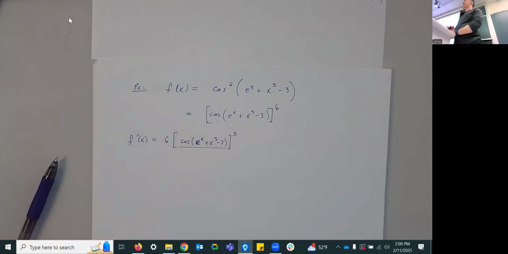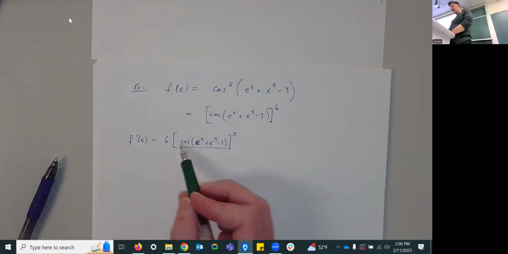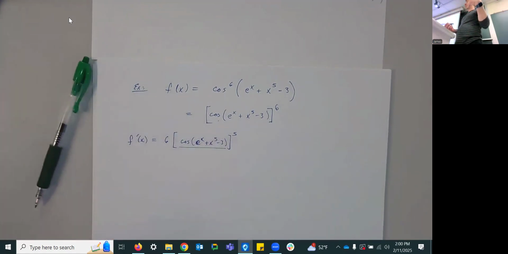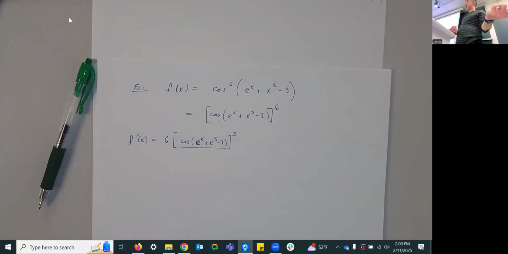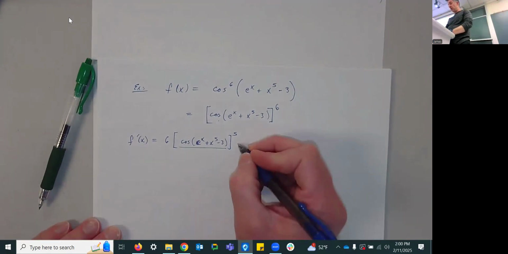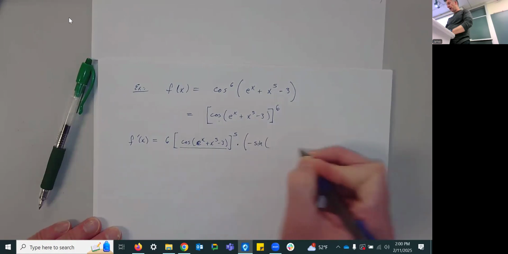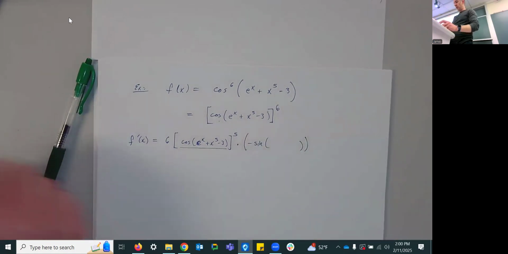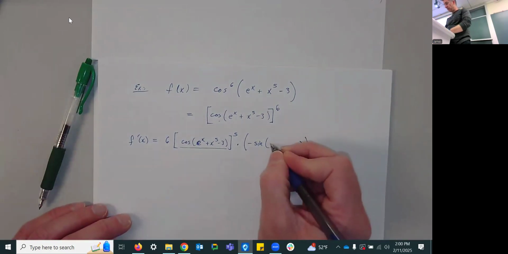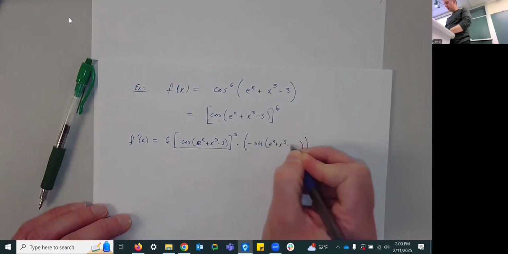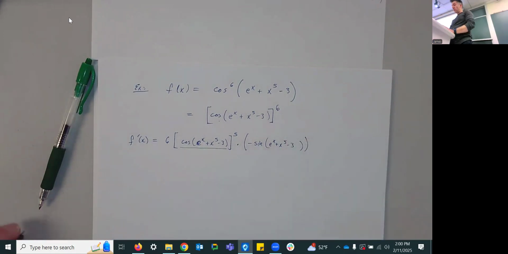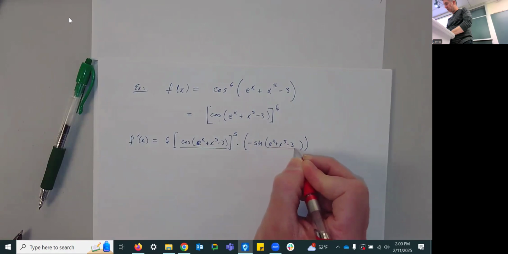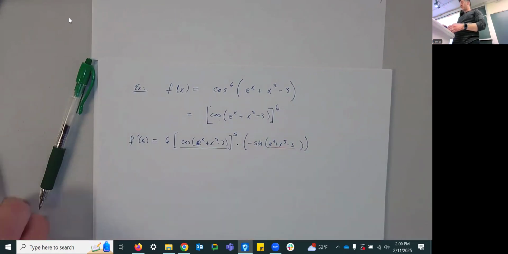The inside stuff is more complicated than just something we can directly differentiate. The derivative of cosine of some new stuff is going to require the chain rule again. I know the derivative of cosine of x is negative sine of x. So the derivative of cosine of some stuff is going to be negative sine of that stuff, which is going to be e to the x plus x to the fifth minus 3. And then we have to multiply by the derivative of the stuff inside the negative sine function. So we have to multiply by the derivative of e to the x plus x to the fifth minus 3,